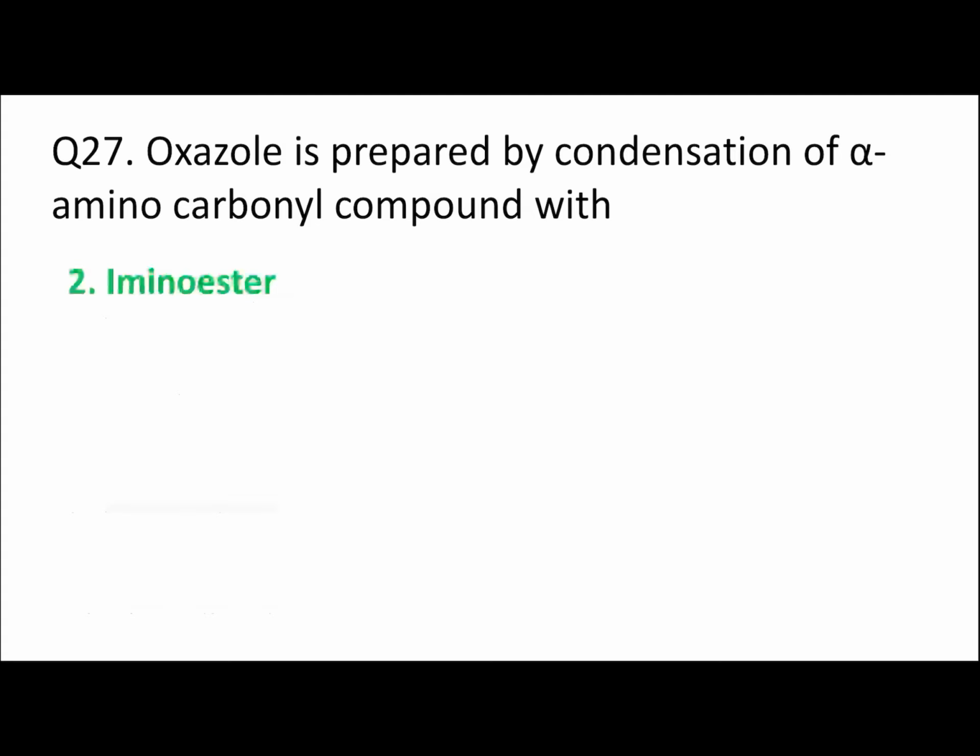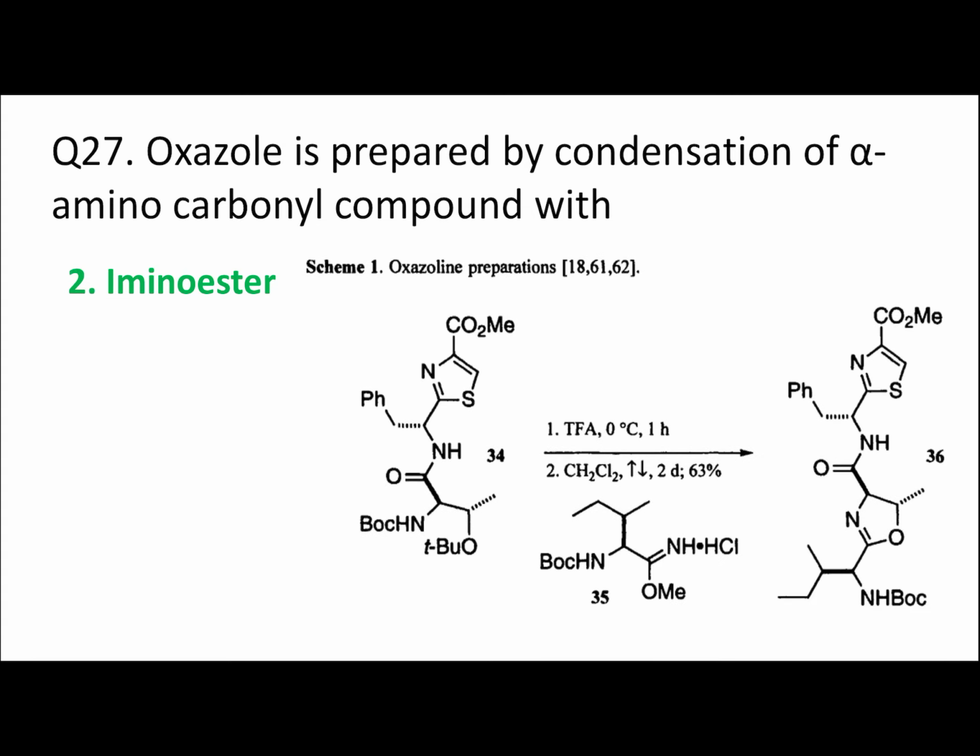Now let's see here how oxazole is prepared. In this reaction, I have taken this screenshot from a research article, and in this research article you can see above there is a ring called thiazole. Above the thiazole ring there is an amide, and below the amide we can see there is an NH, and NH is Boc protected. If we use TFA, there you can see at point number 1 there is written TFA. In presence of TFA, the Boc will be removed and NH2 will be there, and so that is alpha amino carbonyl. To the C double bond O's alpha position there is an amino group.